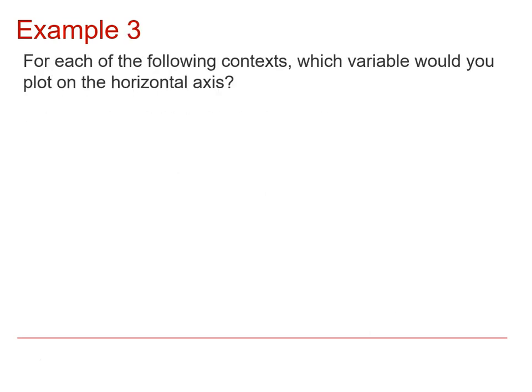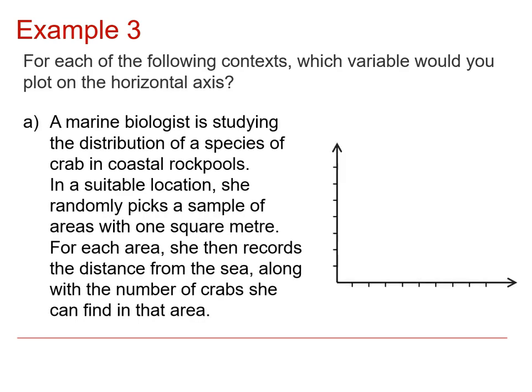So example 3 is: for each of the following contexts, which variable would you plot on the horizontal axis? Another example from the last video. We know the data is random on random, as neither variable is controlled, but we would expect the distance from the sea to affect the number of crabs and not vice versa. So we would put the distance from the sea on the horizontal axis and number of crabs